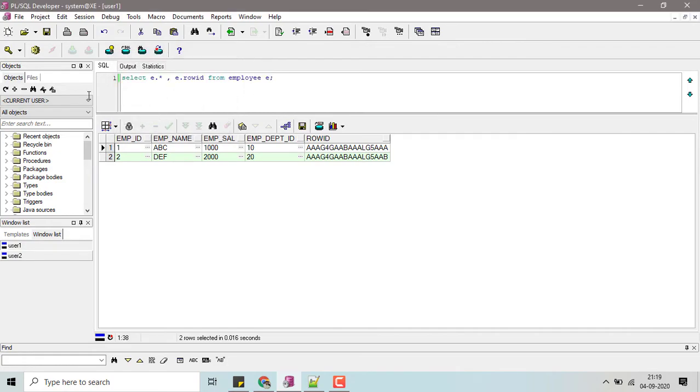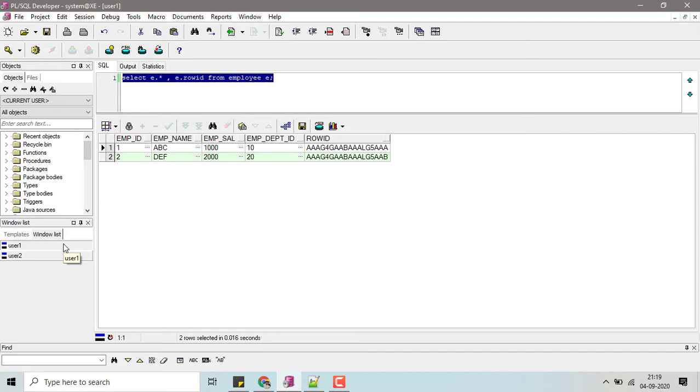Now these changes get reflected for all users in the database who are accessing this database. To all users, the records will be rendered. So we will see from user 2. Here we are able to see the same records as user 1. Both users are able to see the same records.